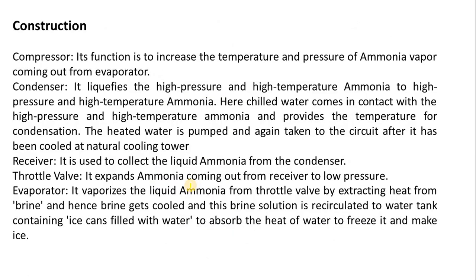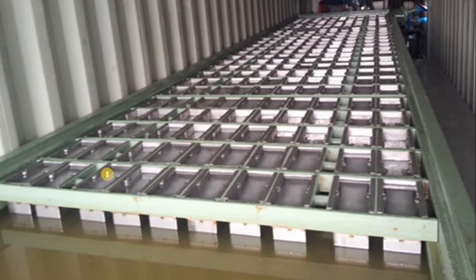Okay, so as we discussed, the important parts are the compressor and condenser. The compressor is the heart of the refrigeration system. The condenser is there, then similarly the receiver, then the evaporator, and the storage tank of brine. Okay, so now we have discussed the working. So this is an outlook, or glimpse, of the ice manufacturing tank. This is a tank of the ice manufacturing industry, where the brine is continuously poured inside, and in that we have just placed the cans. Okay, so these are the ice cans.